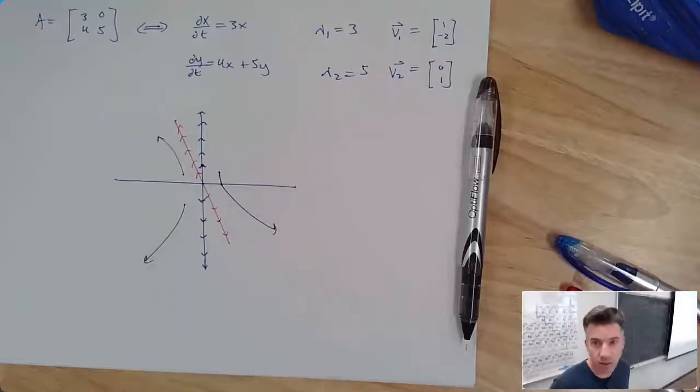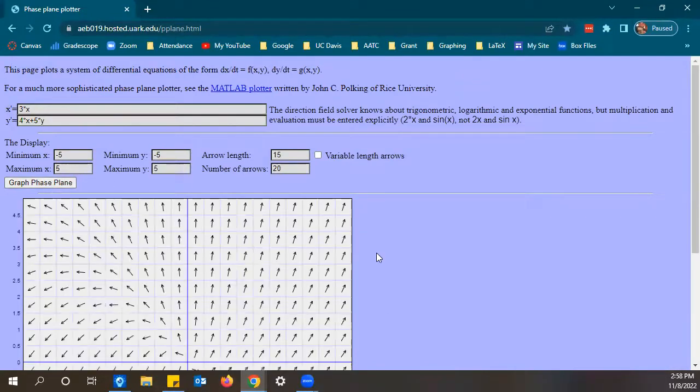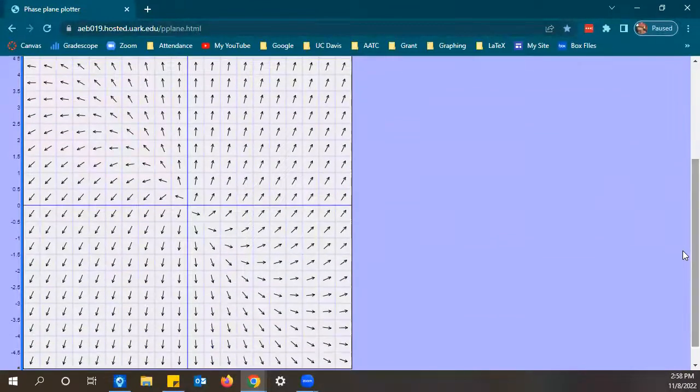So, come on, you do it. So our equation was, again, dx/dt equal to 3 times x, and dy/dt equal to 4 times x plus 5 times y. And if we graph it, scroll down a little bit. And then if we pick a point like over here, like I did,